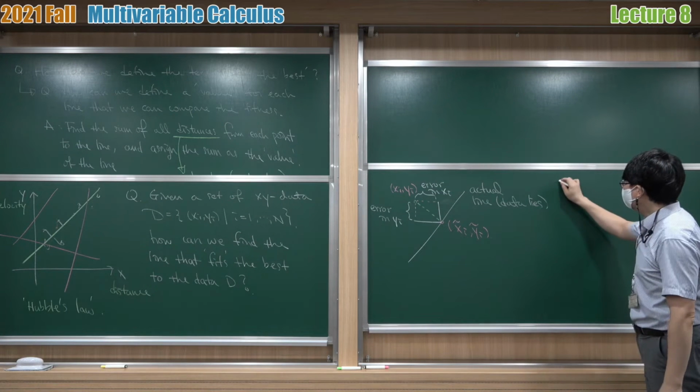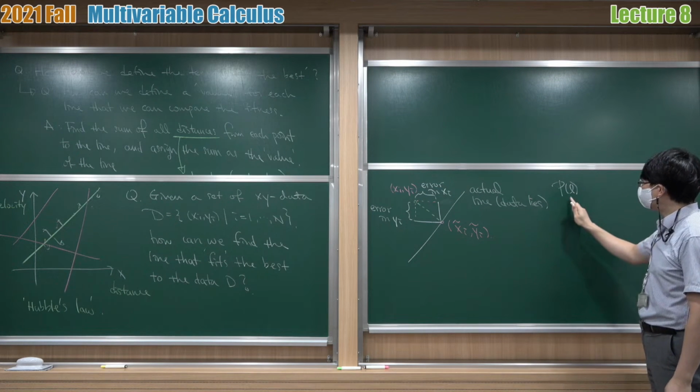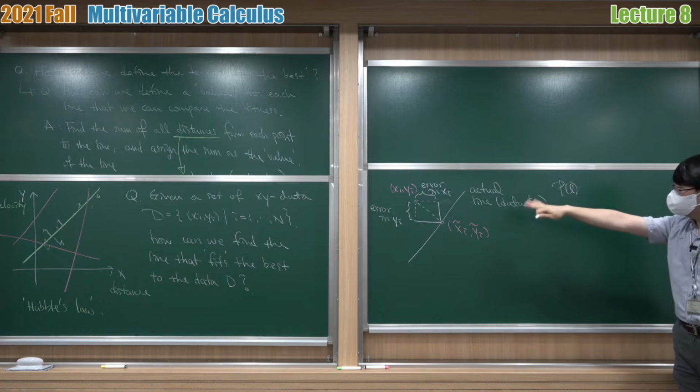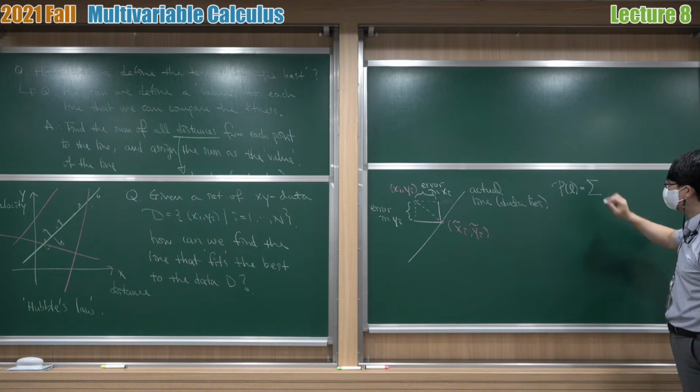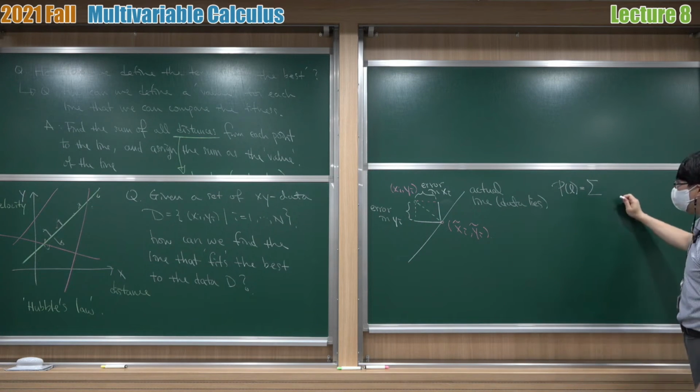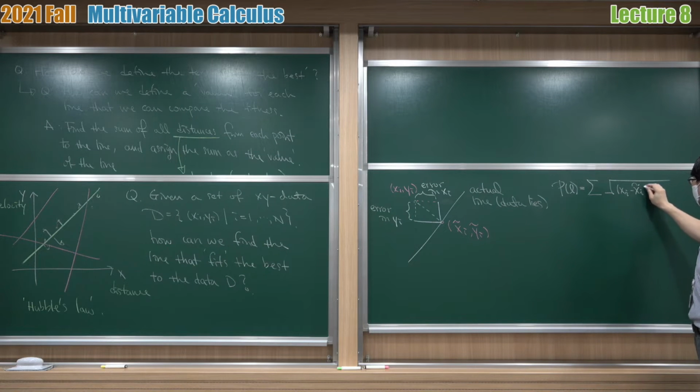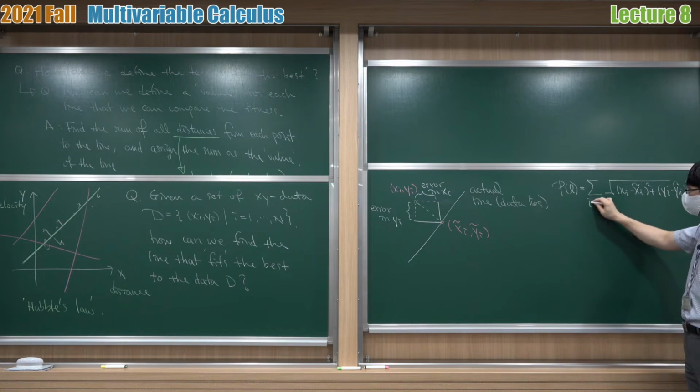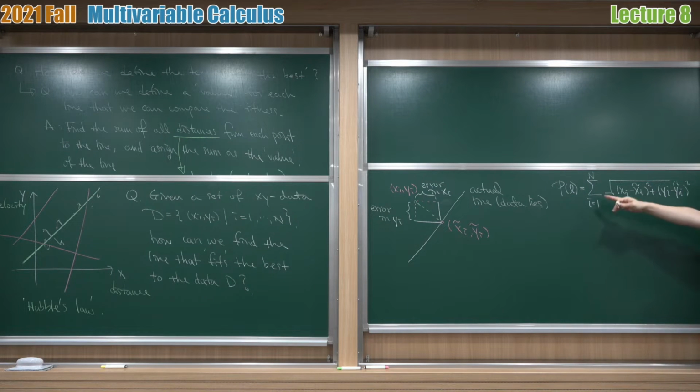Whatever the value is, let me call it P. So the value assigned to L, in this case, is the sum of distance from the line. So it should be xi minus xi tilde squared plus yi minus yi tilde squared, and the sum is from 1 to n. This is our function, and I want to find L that minimizes this value, right? So you see the sum of squares